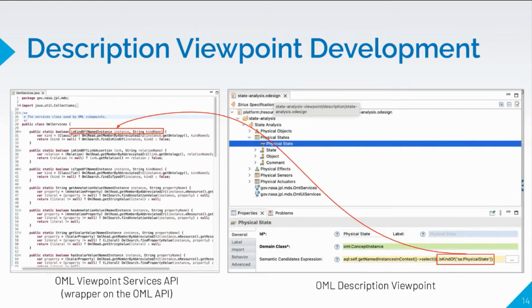So in defining those viewpoints, of course, the OML metamodel provides APIs, and Sirius, thanks to its Java services facility, lets you add extra APIs. In this example, we've added a little extra layer of API just to make it easier to use in the Sirius context. The developers of the viewpoints make use of these APIs to describe the viewpoint, for example, looking for concept instances that have the type physical object.